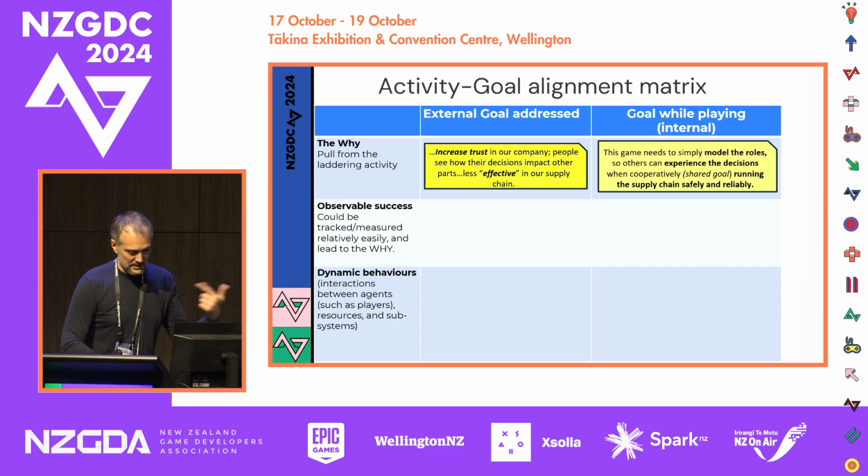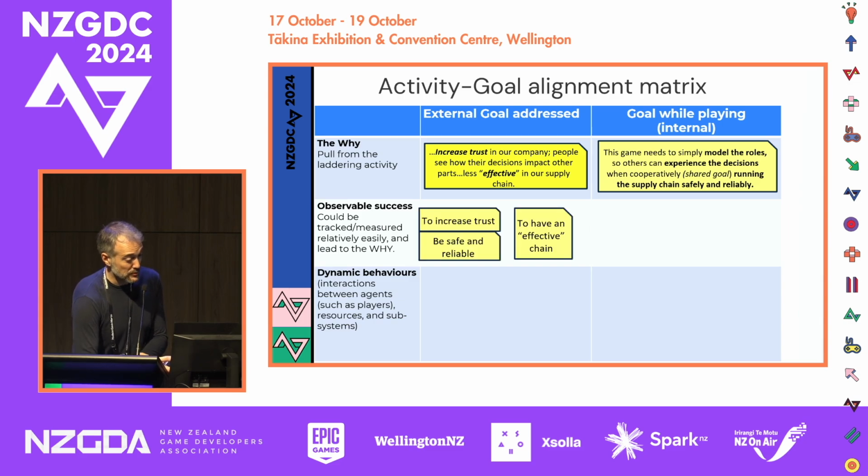And it's not a linear cause and effect here in terms of victory. I'm really critical of a lot of games that look at like medical interventions and say they're just going to play this game and your problems will be solved. It doesn't work that way, right? It's a discussion tool, a facilitation tool, right? So this game simply needs to, as a model, reflect the others' experiences and decisions, right? So what is an observable success going to look like in the real world and kind of in the game here? Pull it in from the chart.